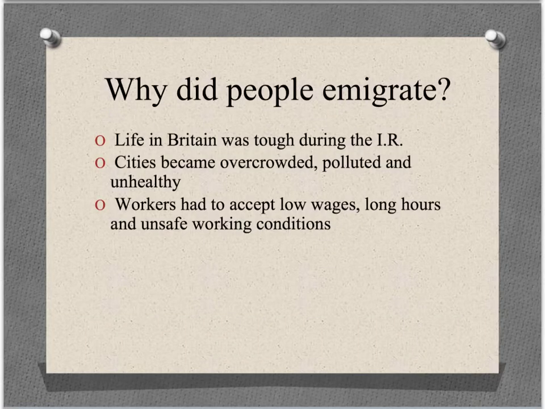As mentioned in the previous video, life in Britain was really, really tough during the Industrial Revolution. So the machines that replaced manual labour meant that many people became unemployed and therefore did not have the money or goods that they needed to survive at that time period. So people often turned to crime or went without a lot of things that they needed.